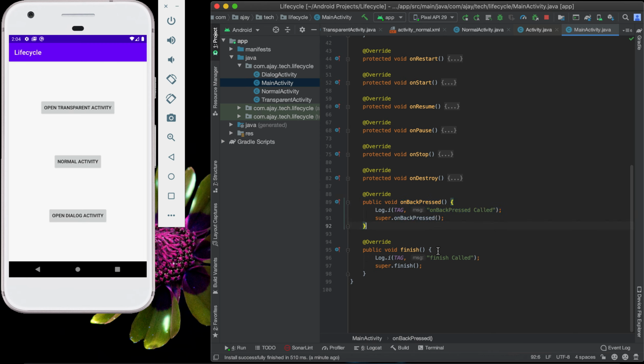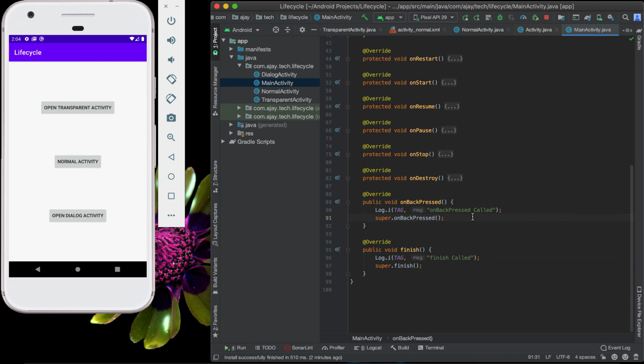And the finish method will be called when our activity doesn't have another operation, so we can say when our activity is going to be destroyed.